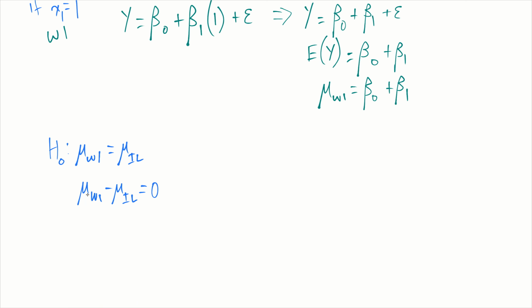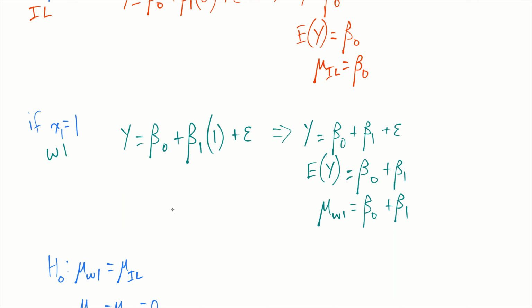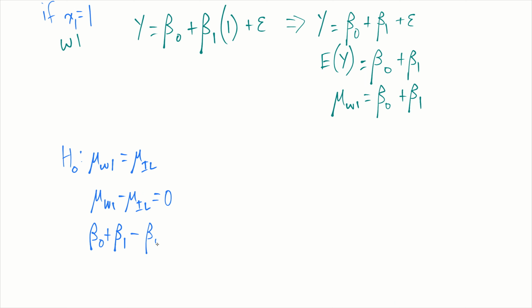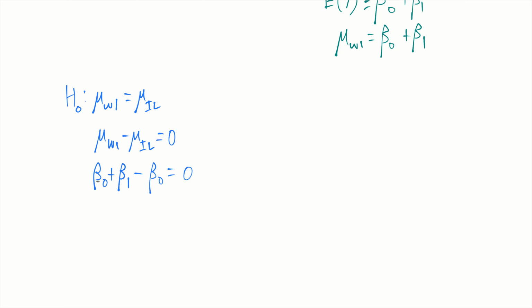Now our null hypothesis can say mu of Wisconsin, so that's beta naught plus beta 1, minus mu of Illinois, which is beta naught. This equals 0. Now this simplifies to, if we have beta naught minus beta naught, the null hypothesis is that beta 1 equals 0. Now the key here is that beta 1 is the difference